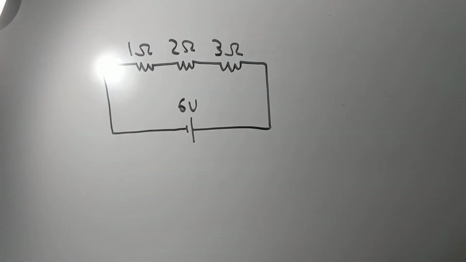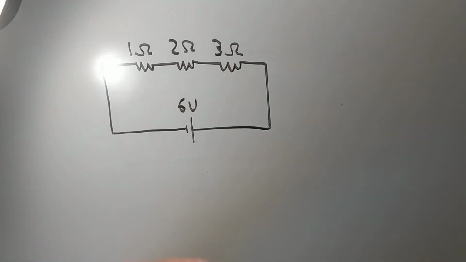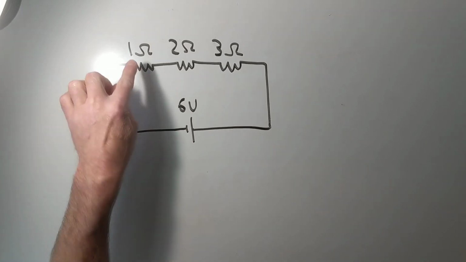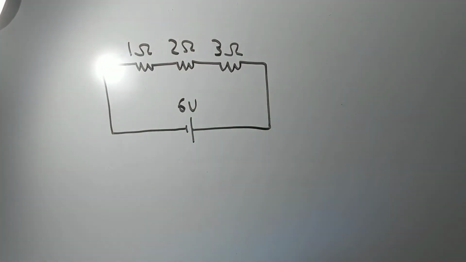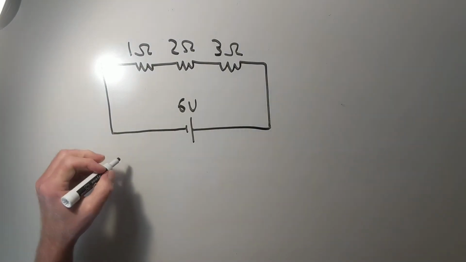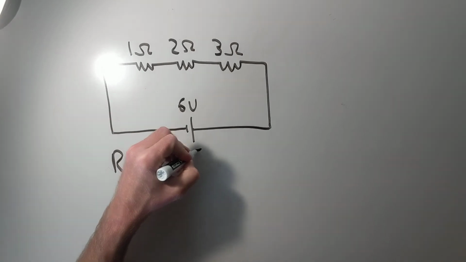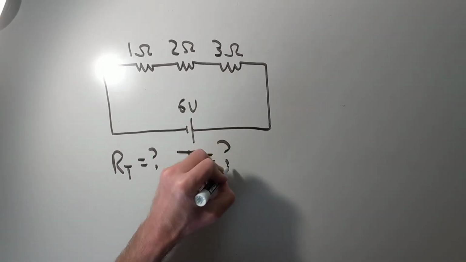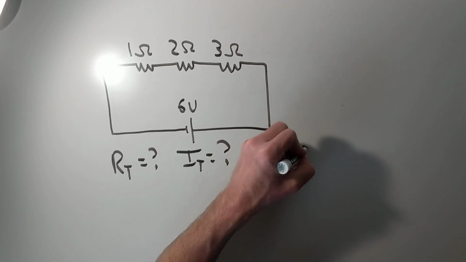And the questions I'd like to have for this circuit: what's the total resistance? What is the total current? What's the voltage, current, and power through each resistor as well? So again, I want to know what is the total resistance, what is the total current that leaves the battery, and then what's the voltage, current, and power